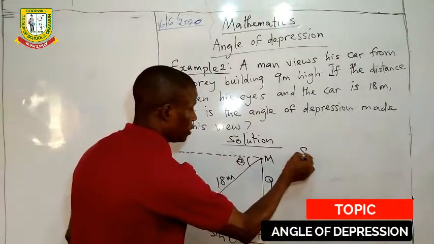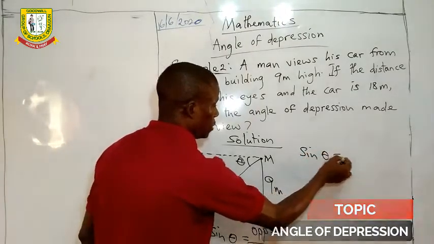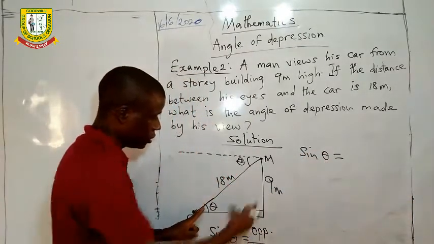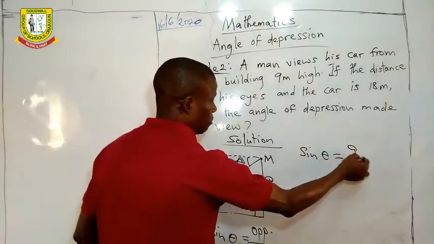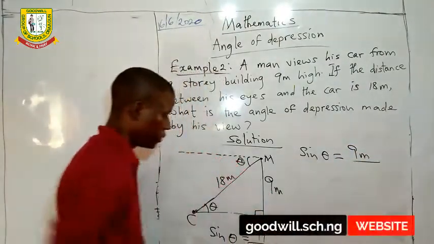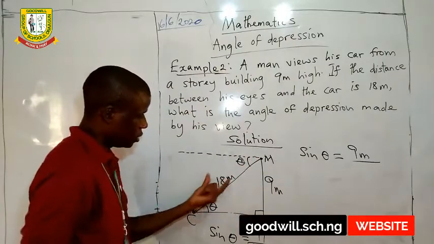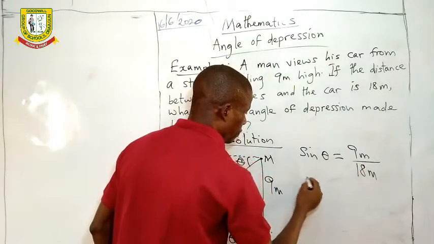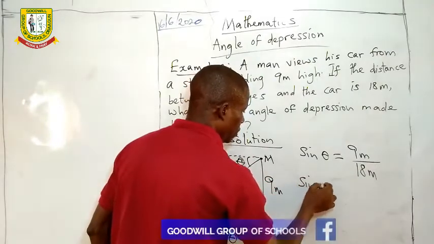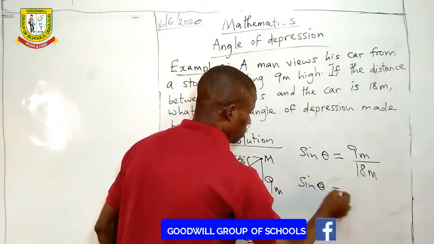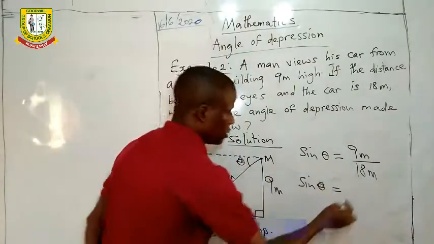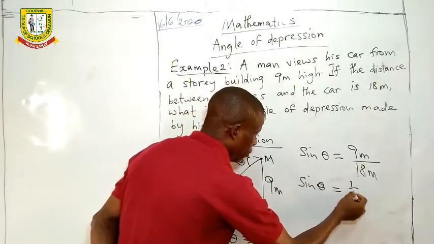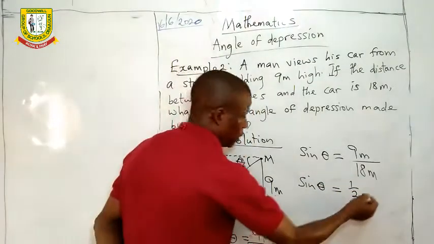So sine theta is equal to opposite, 9 meters, over hypotenuse, 18 meters. Now sine theta is equal to 1 over 2, which is the same thing as